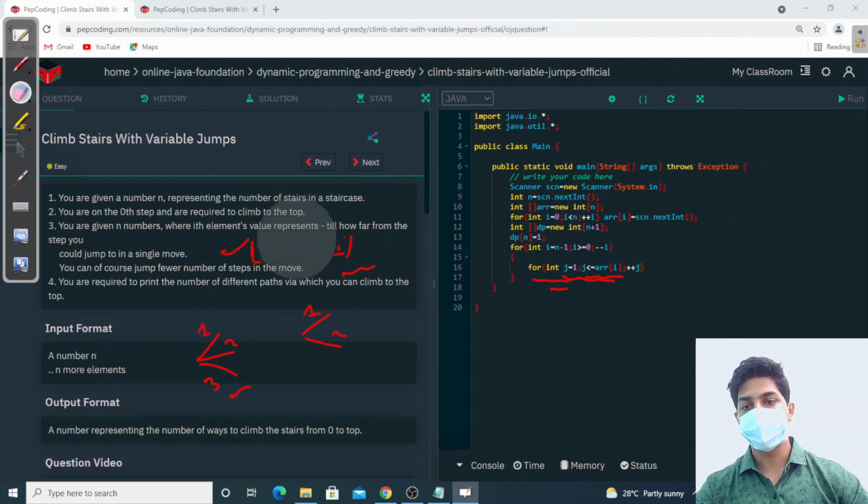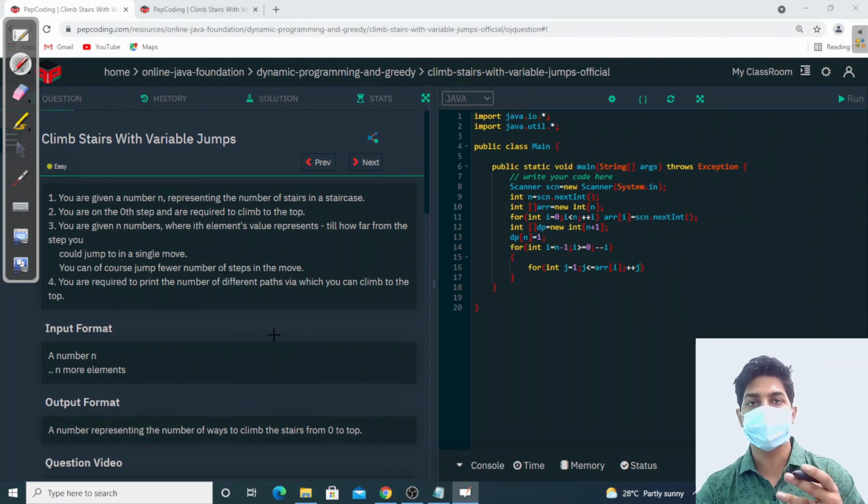Okay, and one more thing we need to write over here. I have told you that we have to not take those jumps which are not of our use, that is, that are exceeding the destination. Suppose I am at index i, and I take a jump of j unit.